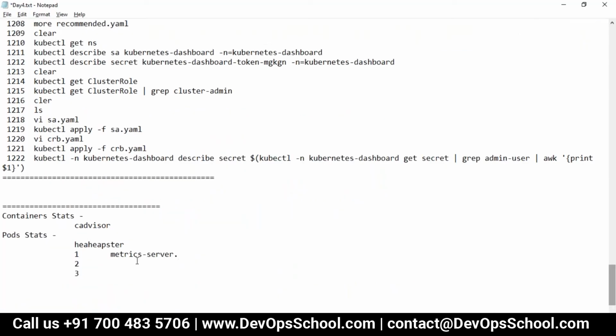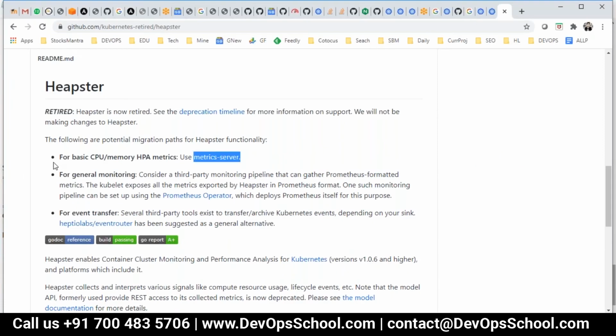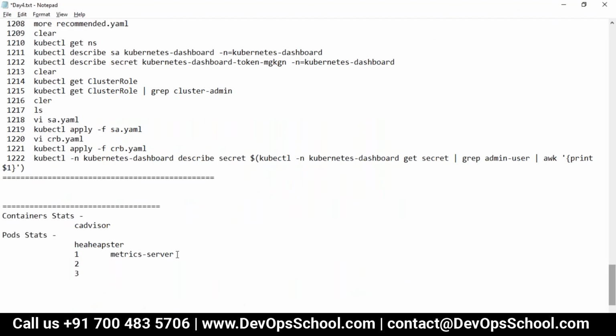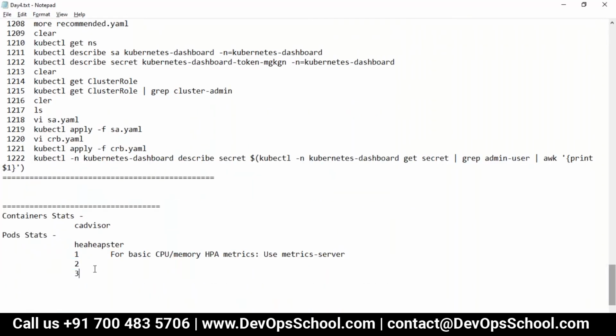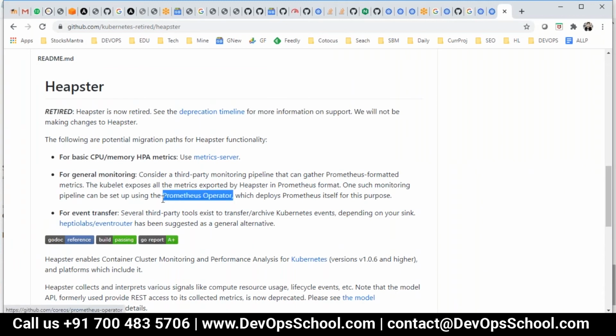You read this yourself, it's not very difficult. Use metric server for CPU and RAM, HPA and all. For general monitoring, use Prometheus operator.